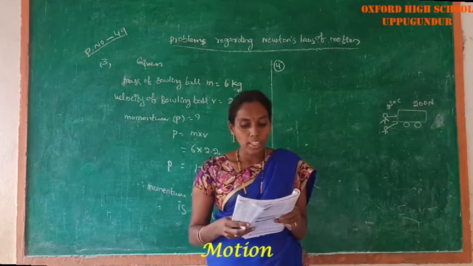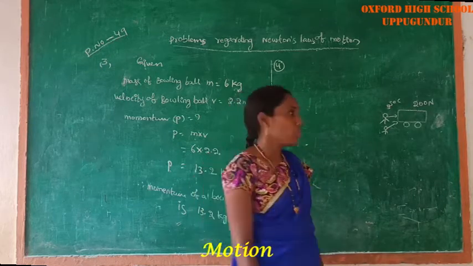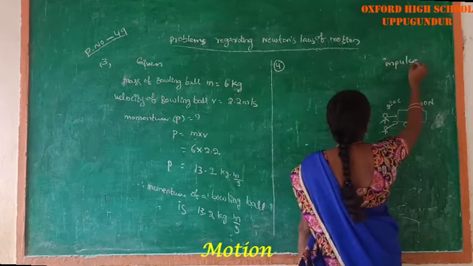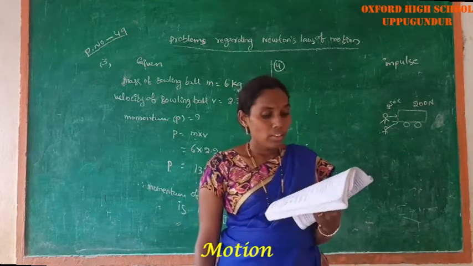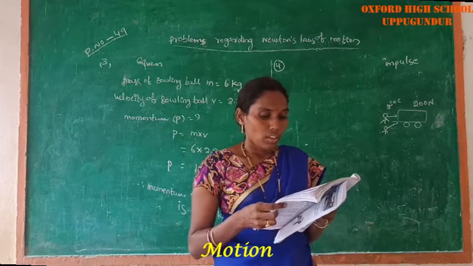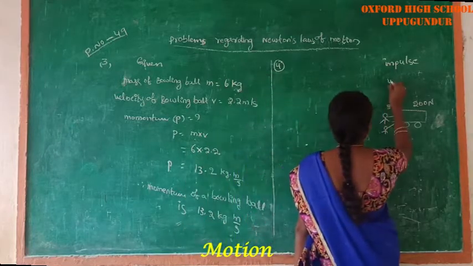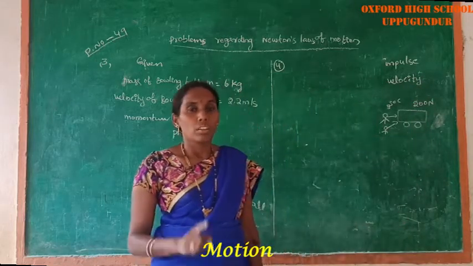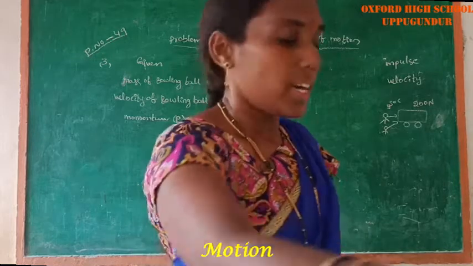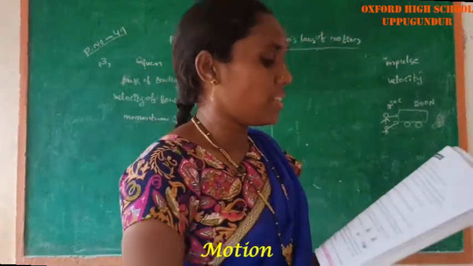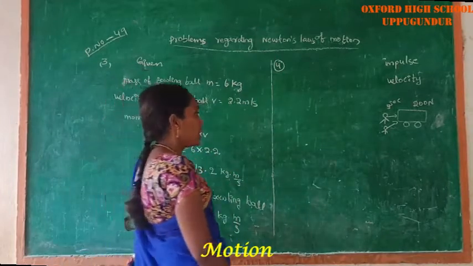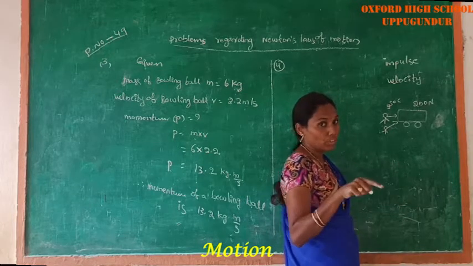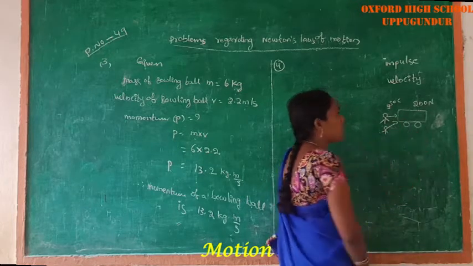First, calculate the impulse provided to the car. And the second one, find out its change in velocity. Two questions are given in this problem: the first is to find the impulse, and the second is what will be its change in velocity. Two people are combinedly using 200 newtons of force to push the car within a time interval of 3 seconds.